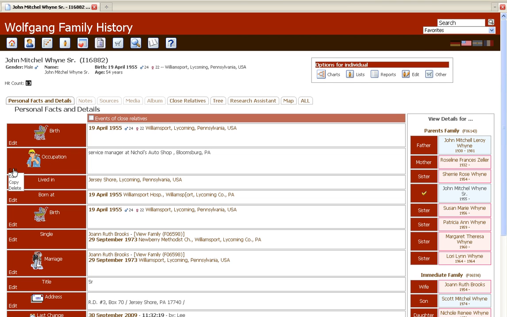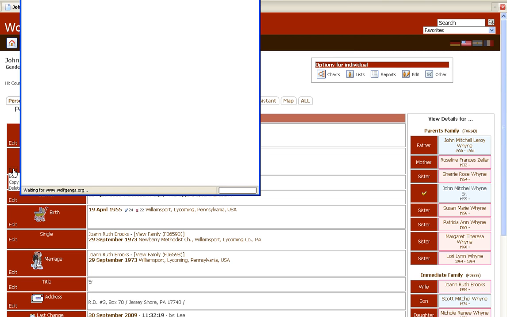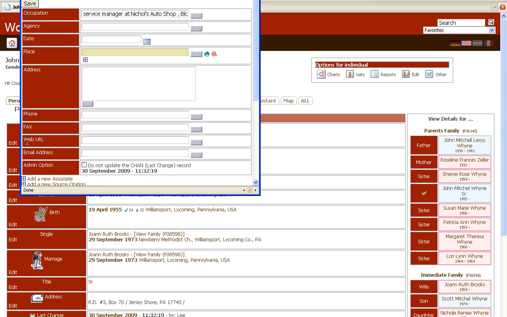So what we'll do is go to the Edit button, click Edit, and it will open the event. Now this man's occupation is service manager. All of this other information is in the wrong category. The agency that he works for is Nichols Auto Shop. So we'll enter that, and we'll delete that information out of the